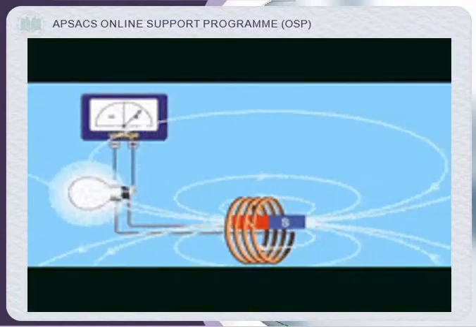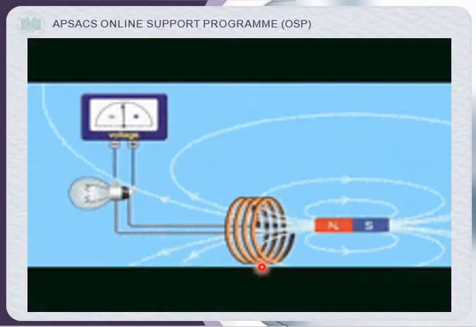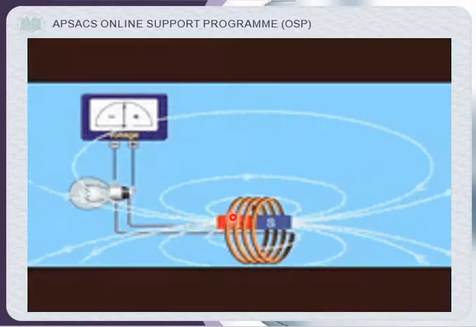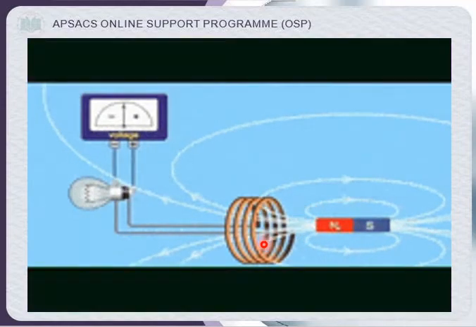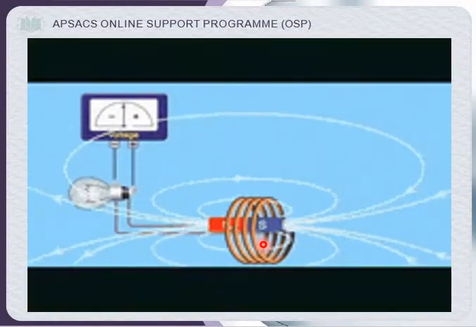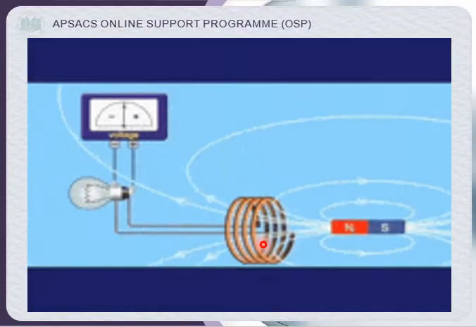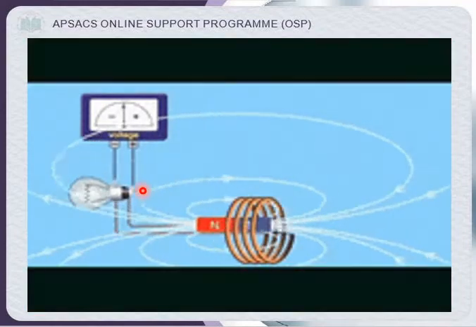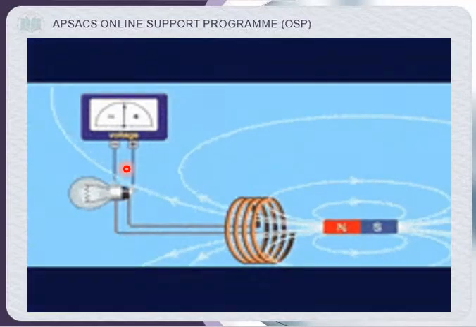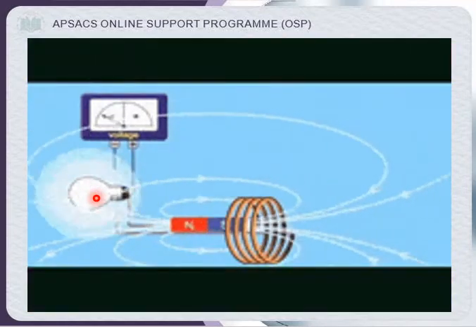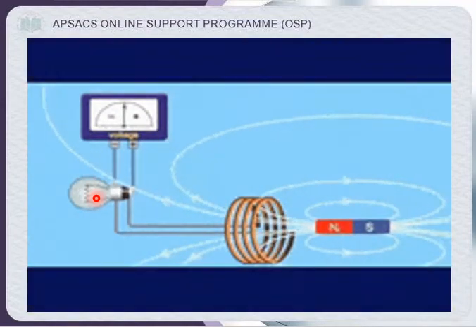As you can see in this figure, in this video, there is a coil, and this coil depends upon the flux linkage, because flux linkage is equal to N phi, where N is the number of turns of this coil and phi is the magnetic flux. Now this coil is linked to the galvanometer, without any external source of current. But as you can see, this bulb is glowing on and off. So if it glows on and off, it means there is some current flowing in that wire.